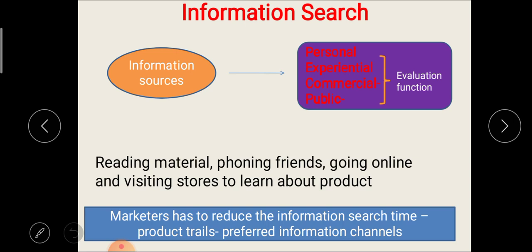Okay, after that the next step is information search. That means after problem recognition, the next step is information search. Okay, when the consumer discovers the problem, she likes to search for more information related to that particular product. For example, Ram, in the previous step we saw that Ram recognized the need for a personal computer. In this second step, Ram simply pays more attention to product information about personal computers.